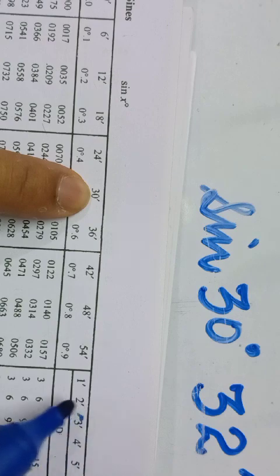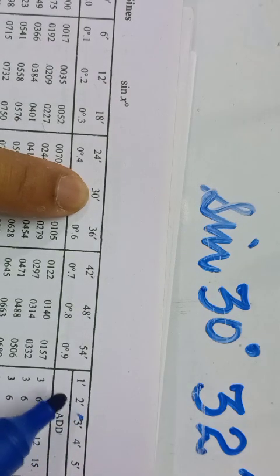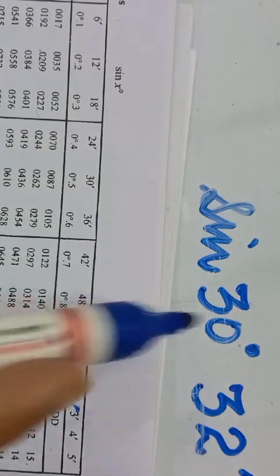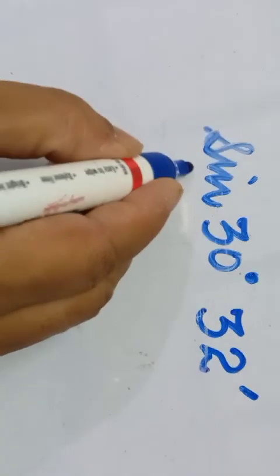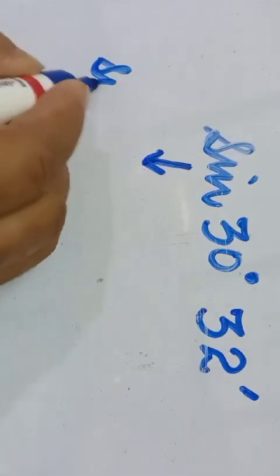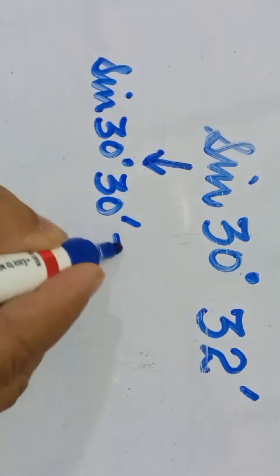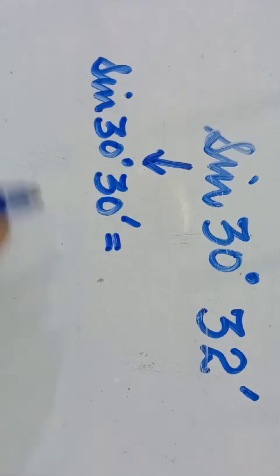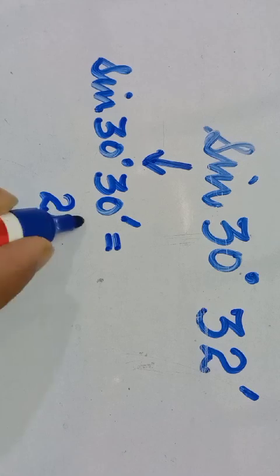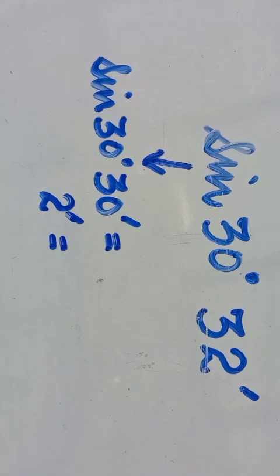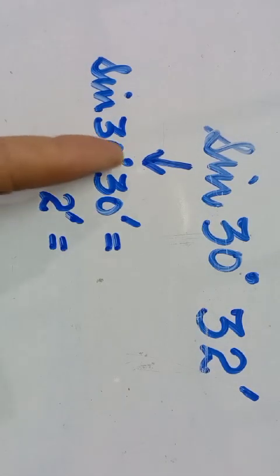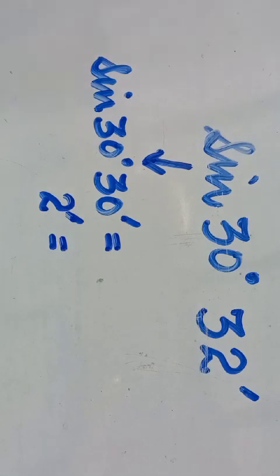Okay, so essentially what are you going to do? First of all we have to break this sine 30 degree 32 minutes. So let me show you how to break this up. This can be broken down into sine of 30 degree 30 minutes, which will have some value, and along with that you will have that 2-minute difference. So what is the sine 30 degree 30 minutes value? Just now I had explained that